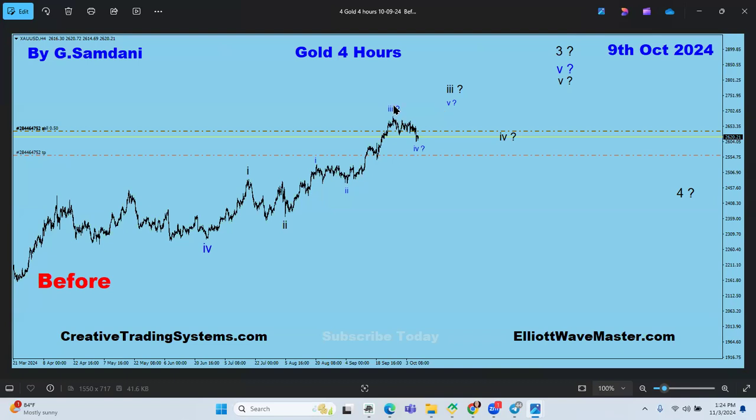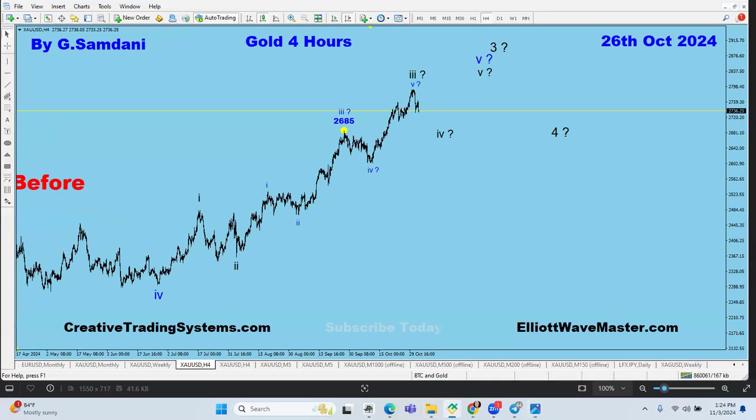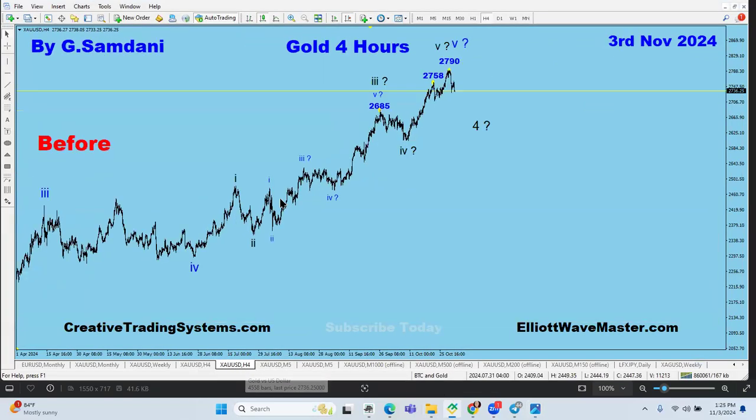This is one version made on the 9th, but there was another version saying that this is wave 1, and if we say this drop is wave 2, and then this is wave 1, 2, 3, 4, 5, this ends wave 3 here, and this is wave 4, and so here this wave 3 will end, numerical wave 3. So let me show you. I lost the chart, that version that I made, but let me show you in the live chart how it looks like. That's what I'm talking about, that it will be ending here.